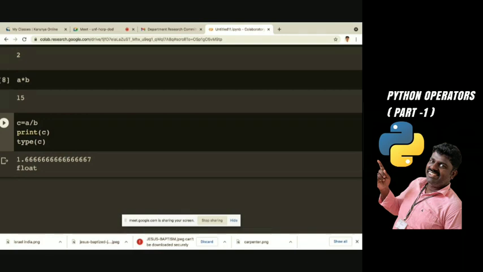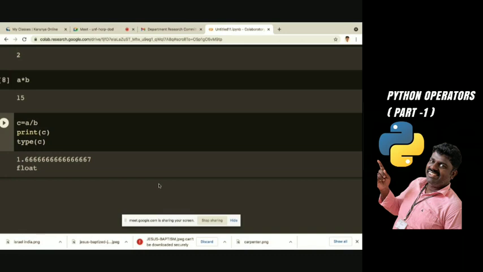So you can clearly understand that even though a and b are integers, when I ask to print the value of c, the variable we assigned, it gives the float value. When I check the data type also, it shows float. So the type conversion is made automatically, because no type declaration is done.